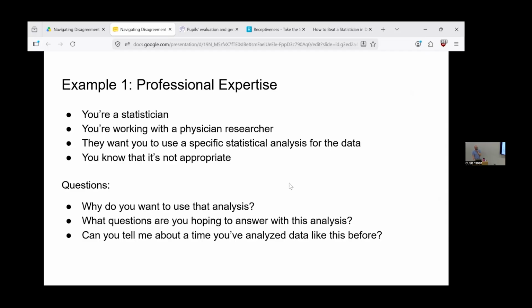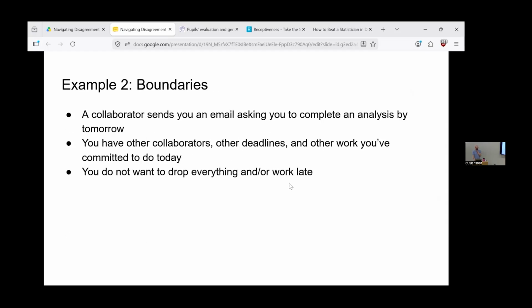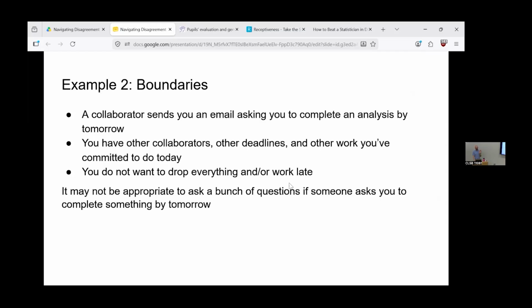I think the second bullet is the one that comes up the most frequently for us. What is the question here? What are we trying to do? And then for boundaries, I will say that if someone sends you an email asking you to complete analysis by tomorrow, sending them a response with a bunch of open-ended questions, they're not gonna like that. So maybe this is not super appropriate in this situation, but maybe as a follow-up later,